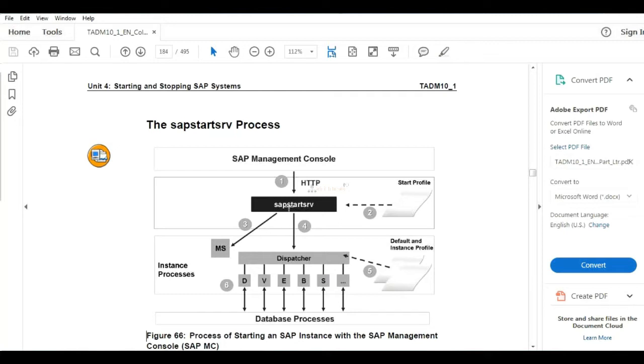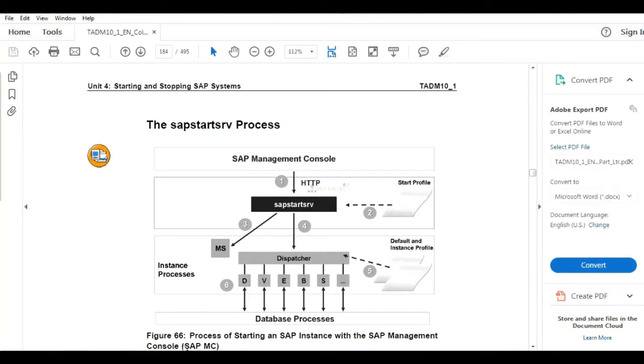How does this program know which SAP SID, which instance, which host name, what are the port numbers, what services I need to start, and where to start? This program will read the profiles here.